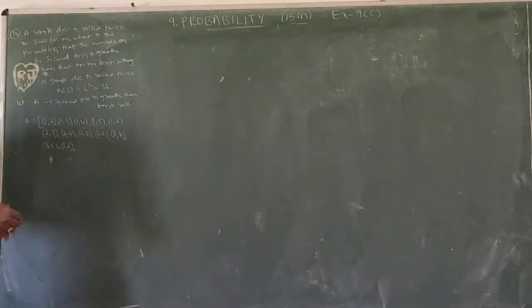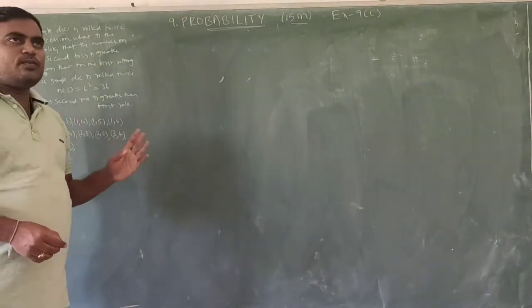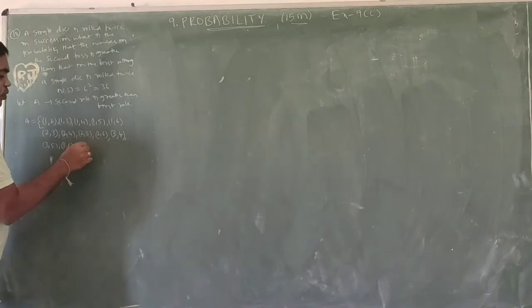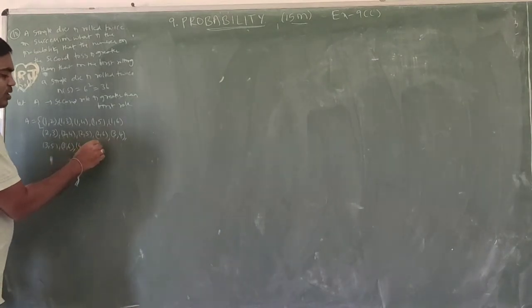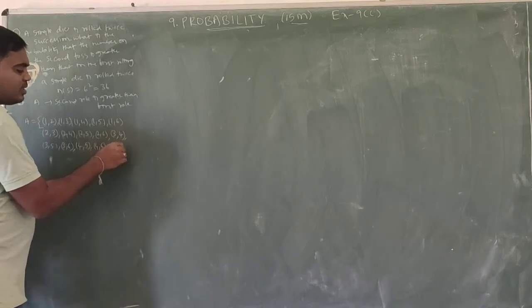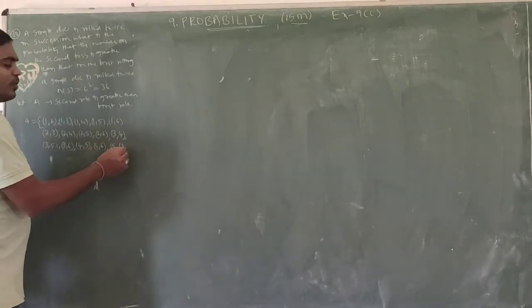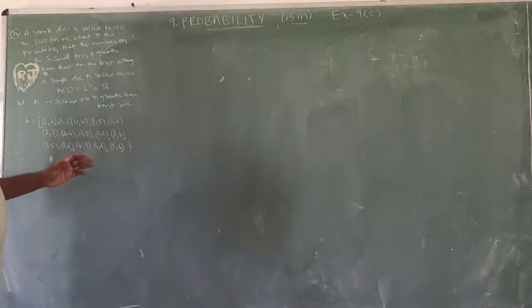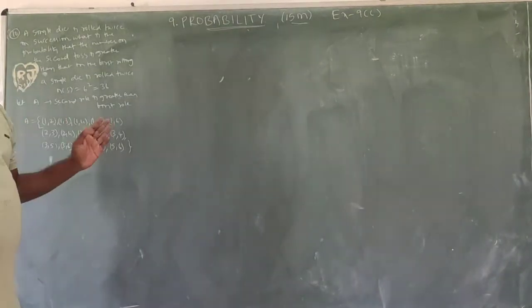Next 4 1, 4 2, 4 3, 4 4 2. It is not possible to say 4 5, 4 6. If we are taking 5, more than 5, 6. So if we are taking 6, there won't be anything more than 6. That's why the first target won't be 6.